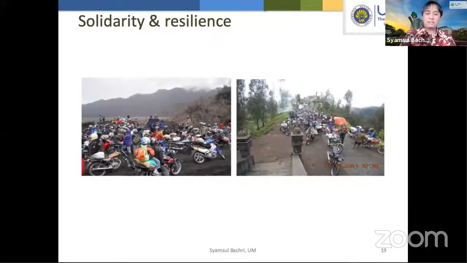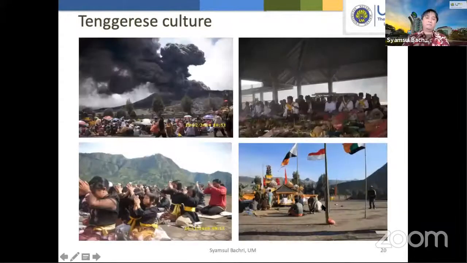They do not wait for help from the government. If they have something, they give it to their family, even if it is not a blood family relationship, but a relationship in the name of the Tenggeris. So this is the real picture of how they transfer relief to the other village impacted by the disasters. And another thing is about the Tenggeris culture. You see this,